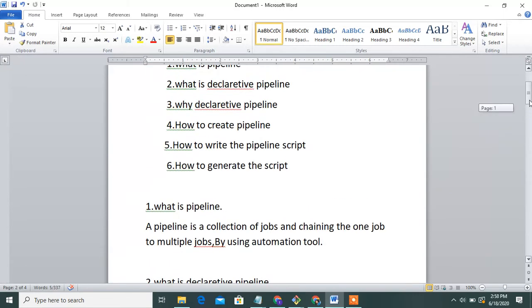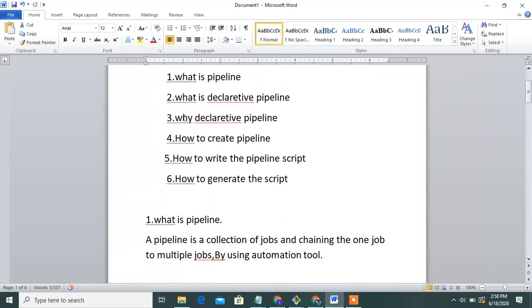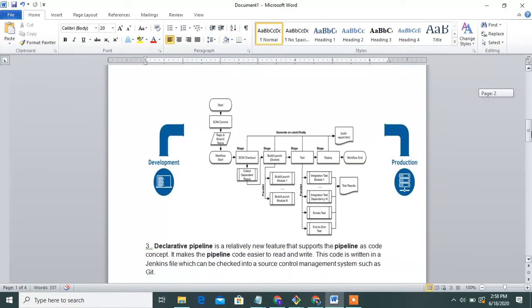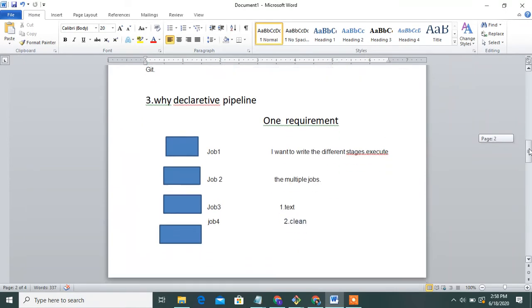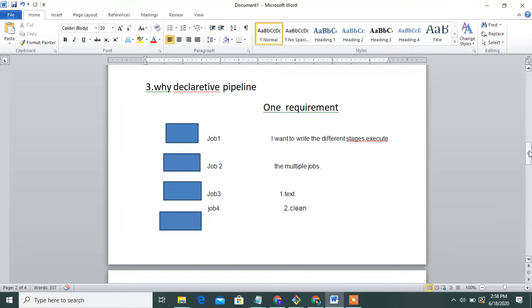Next topic is why declarative pipeline. Why declarative pipeline? I am developing a small requirement. See this, guys, these are all jobs: job 1, job 2, job 3 and job 4.